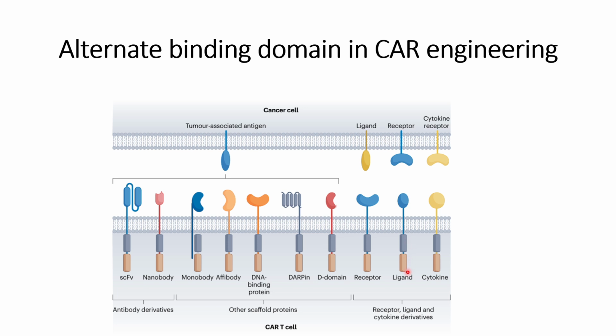And the other kind of CAR T binding domains used are receptors, with receptors on the CAR T side and ligand on the cancer cells, or receptors on the cancer side and ligand on the CAR T side. So this can be used interchangeably. However, the CAR Ts with this kind of binding domains, that is receptor, ligand, cytokines, are